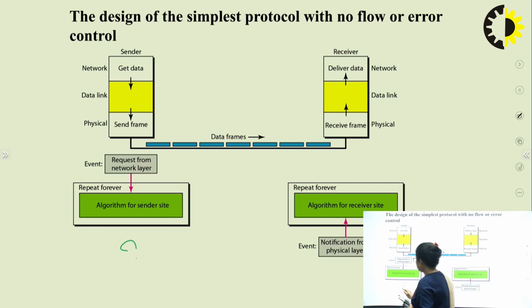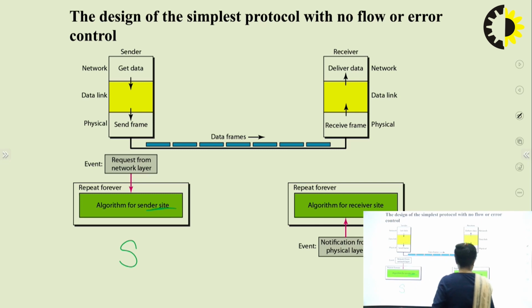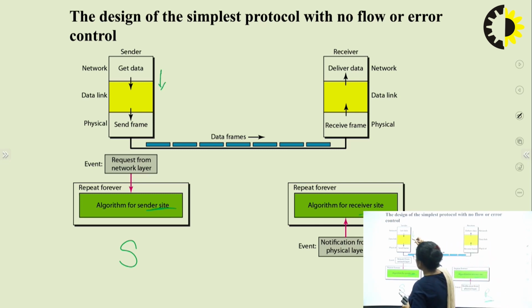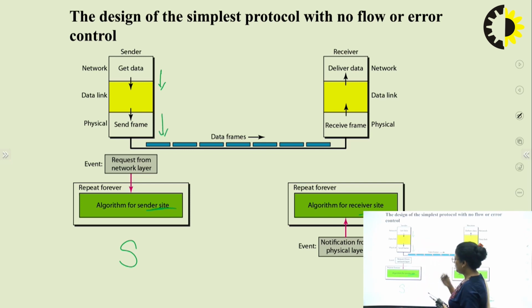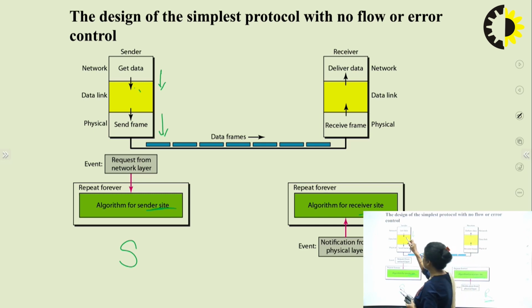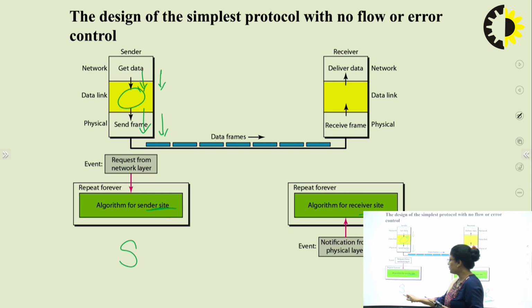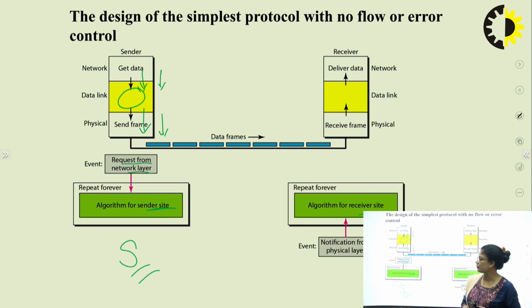So this is at the sender's end and this is at the receiver's end, fine? So at the sender's end, obviously the data will come from the network layer, go via the data link layer and come to the physical layer. At the sender's end, the data link layer will get the data from the network layer and transmit it to the physical layer. So the algorithm at the sender's end will wait for request for data transmission from the network